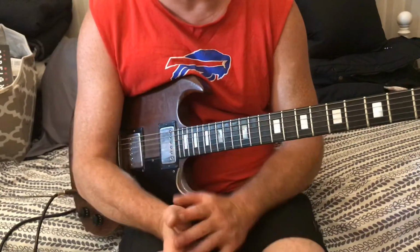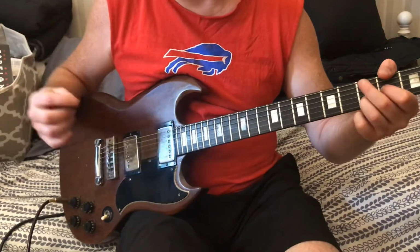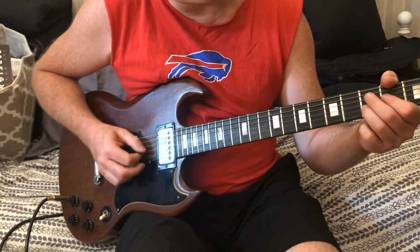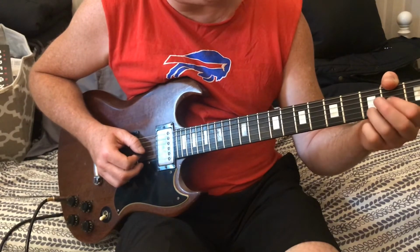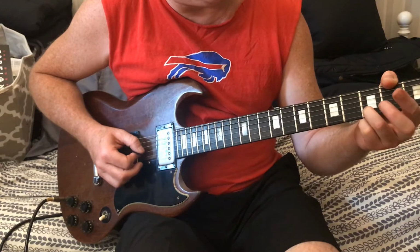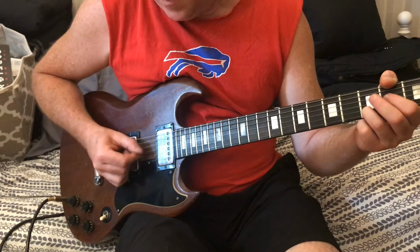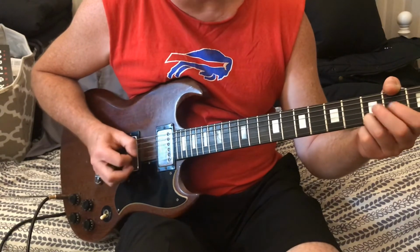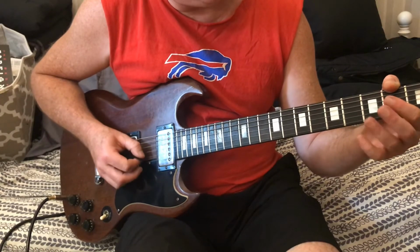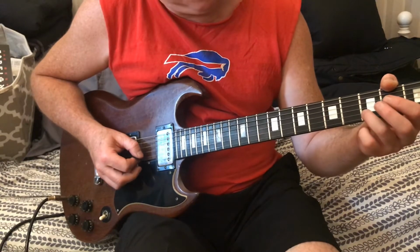But that's the real version. So let's do the fake version, which I did live. So I went. So this is, I use my first and third fingers here, so I would go open on the third string, then I play the second fret on the third string, then I go open 3 on the second string,